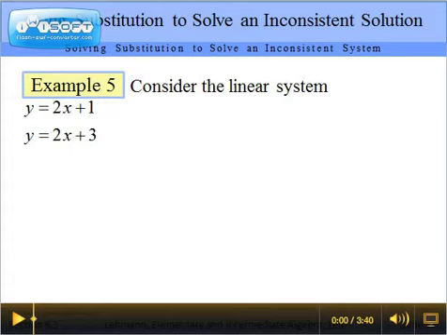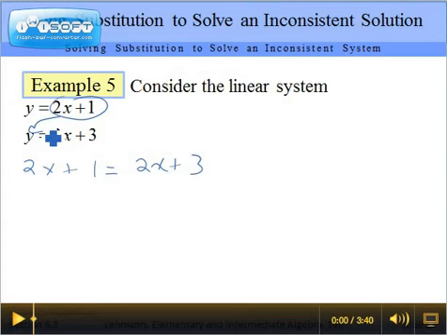The way it's set up with y equaling 2x plus 1 and y equaling 2x plus 3, the fact that the y's are isolated makes this easier to solve by substitution. So I will take my first equation, the 2x plus 1, and substitute it in for the y in the second equation. So that will leave me with 2x plus 1 equaling 2x plus 3,